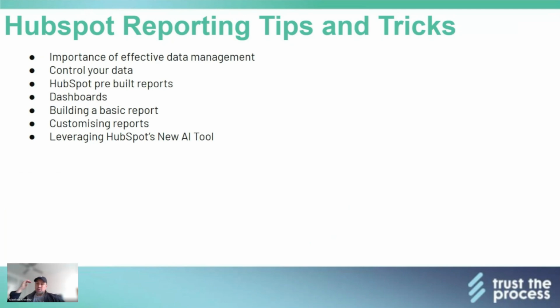The first thing, and Natasha sort of ties into what we spoke about, the main thing about reporting is effective data management and making sure that we have controls in place to be able to get that data. That's also the case for segmentation as well. A lot of the time, we might not need AI to segment, we just need the data there, and then we can just use filters to make sure we're attracting and speaking to the right person.